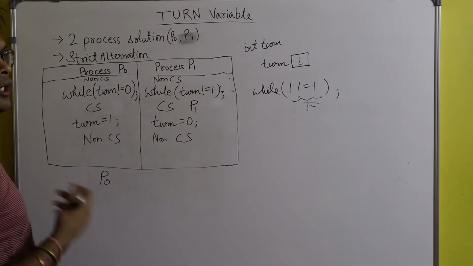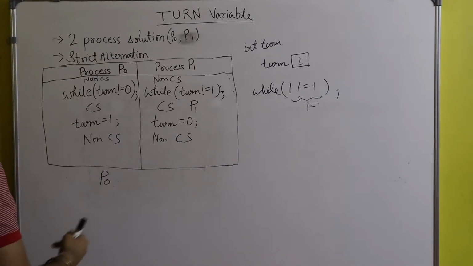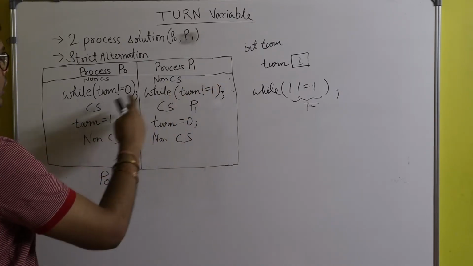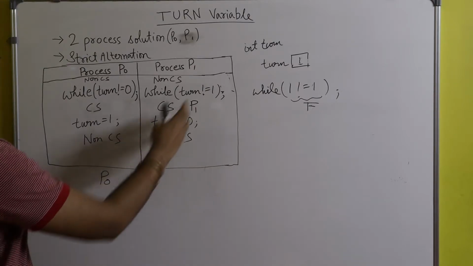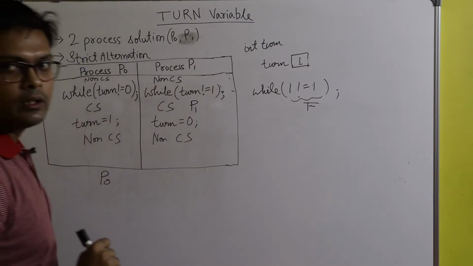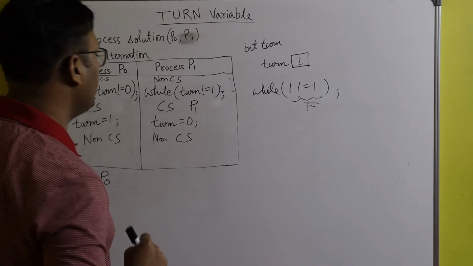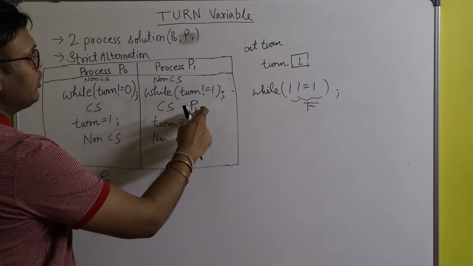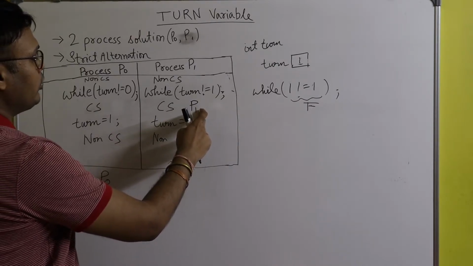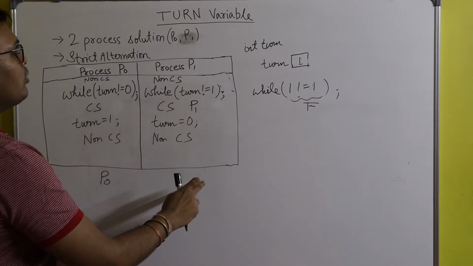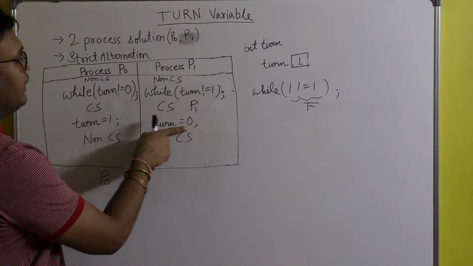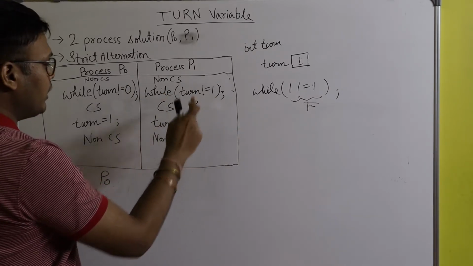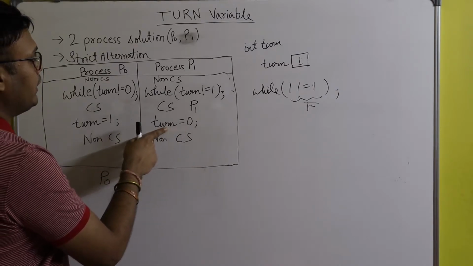So you see here, mutual exclusion is definitely guaranteed, because when P0 was inside the critical section, P1 couldn't enter at the same time. When P0 came out from the critical section, after that P1 could enter the critical section. Now suppose the task of process P0 is over, and the task of P1 is over. So P1 will come out from the critical section after executing this line, turn is equal to 0.